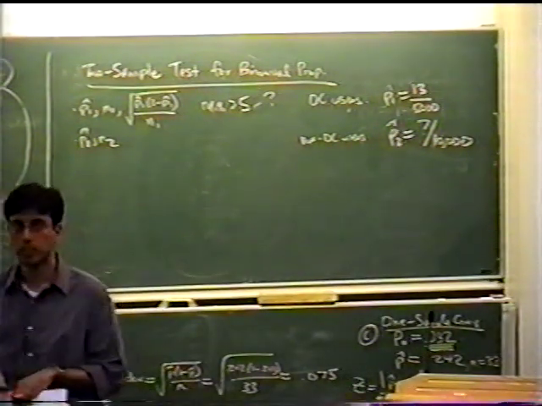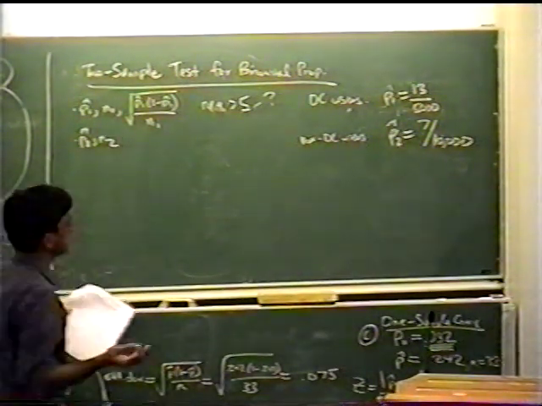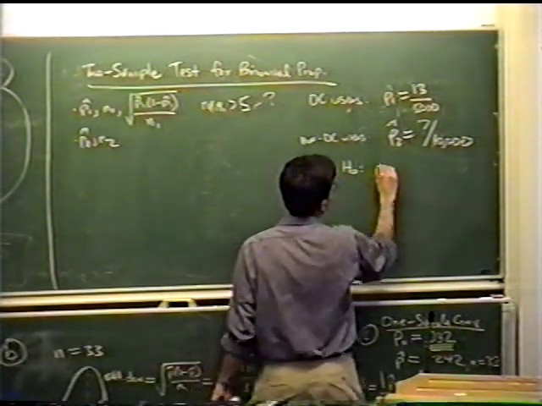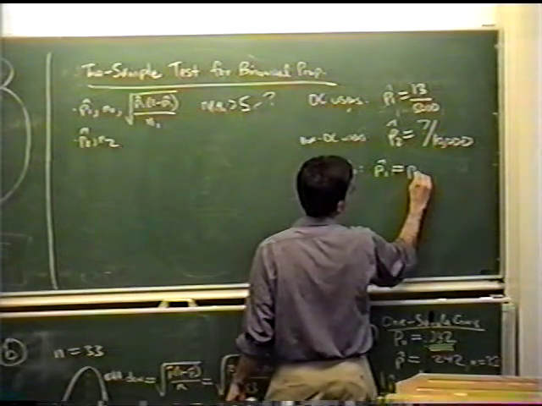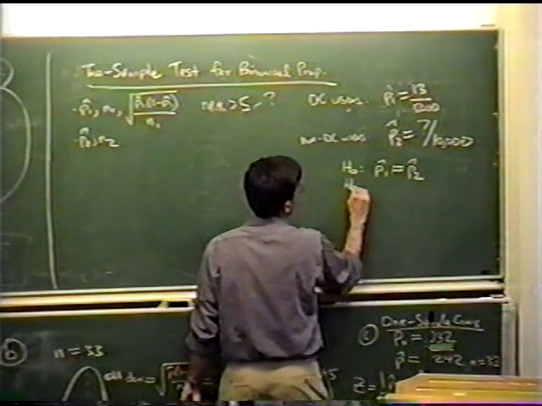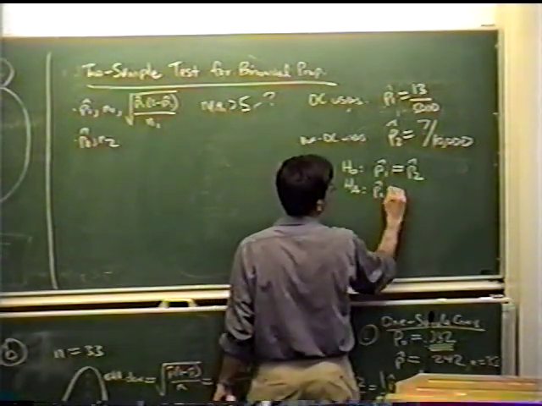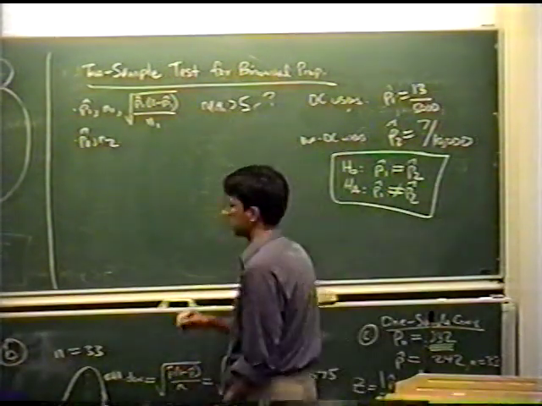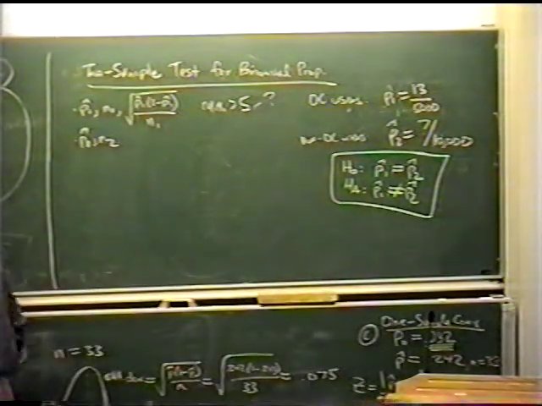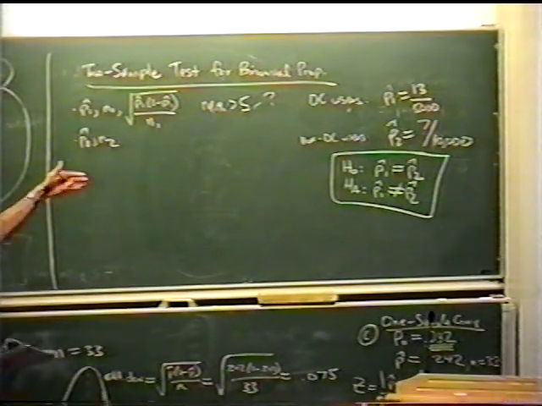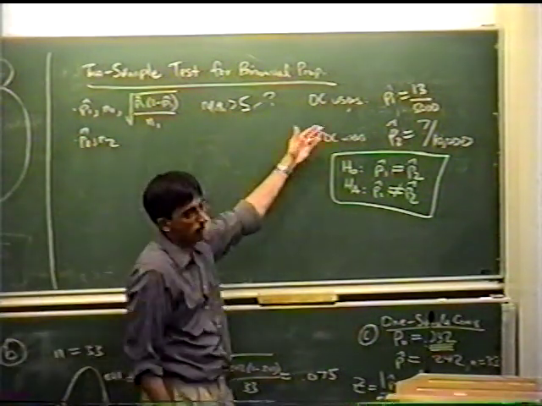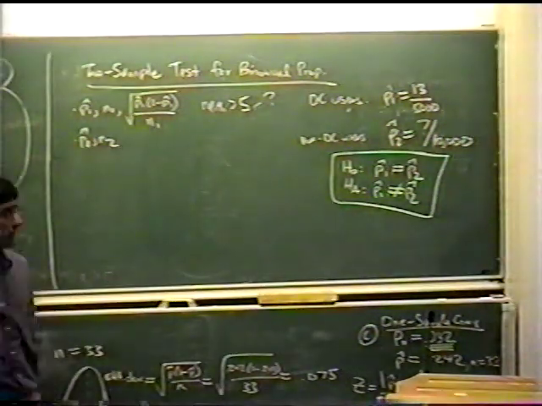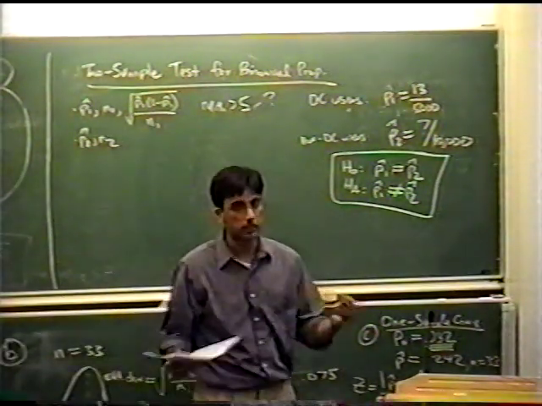Okay? And the question is, are these probabilities the same? So our null hypothesis is the two probabilities are the same. Or are they different? So that's what we're asking. And so you go back and you check if NPQ is greater than 5 for both of them. And you guys can do that, and it is. They're both greater than 5, which is good, because now we can assume that they're both